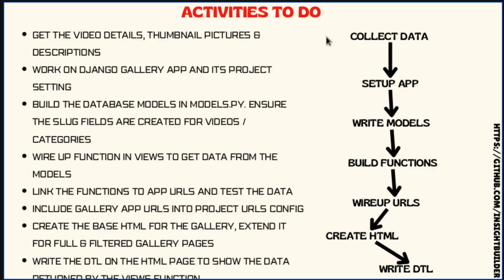In the last video, we were discussing building the functions in the views.py and then wiring up the URLs. In this video, we will see how to place the data that we get from the views.py into the HTML page. We will begin with the views function because the URLs are already wired up. Let's go to the CLI. So this is the